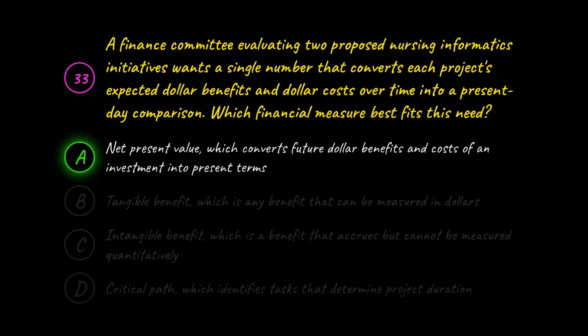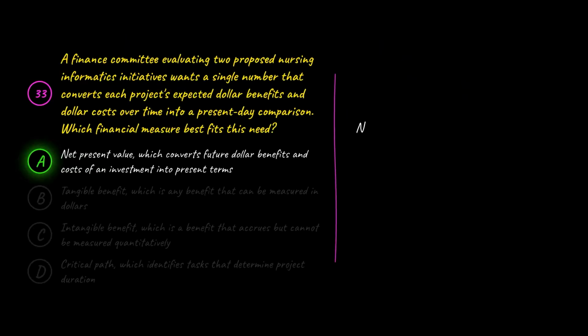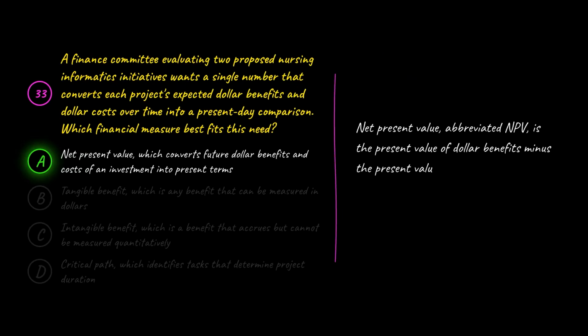The correct answer is A. Net present value, which converts future dollar benefits and costs of an investment into present terms. A is correct because net present value, abbreviated NPV, is the present value of dollar benefits minus the present value of dollar costs of a particular investment, expressed as a single number that allows direct comparison across projects with different